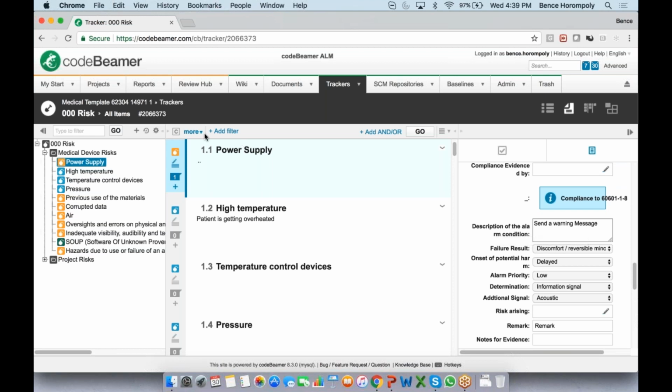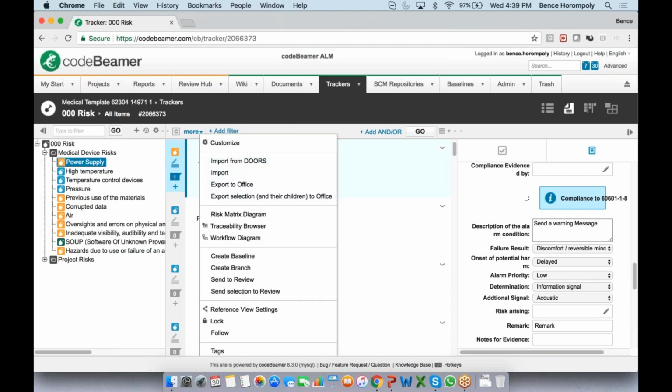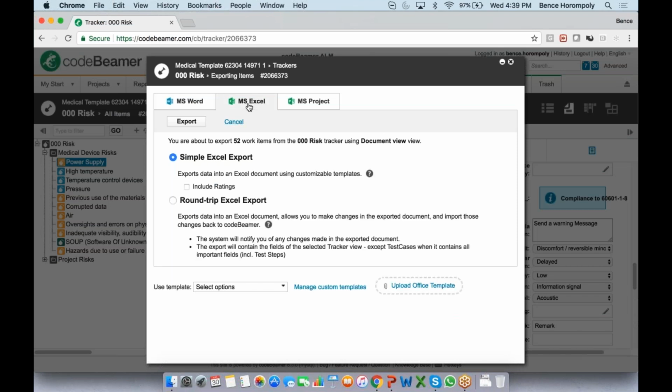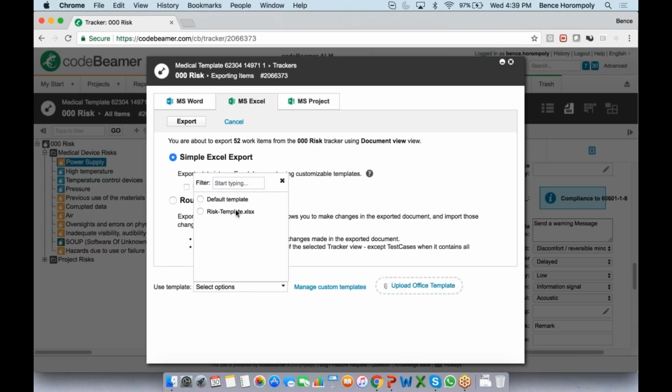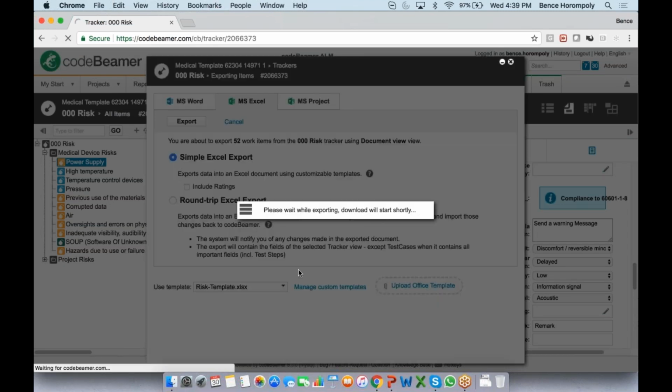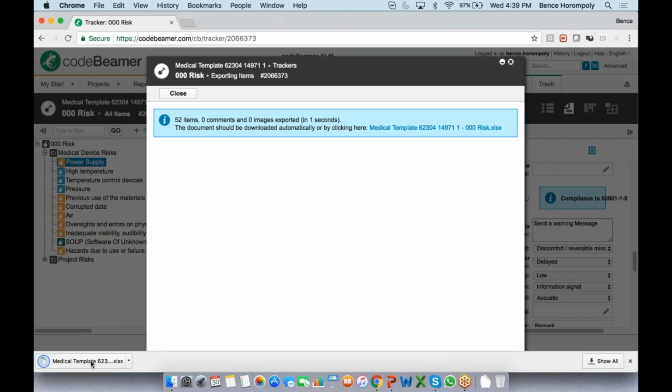Okay, and then you can export this into an Excel. You can basically export anything into Office that you see here and import from Office anywhere. But if I export this risk sheet into an Excel, and I use this risk template that we've pre-configured, then you can really export all the data that you need.